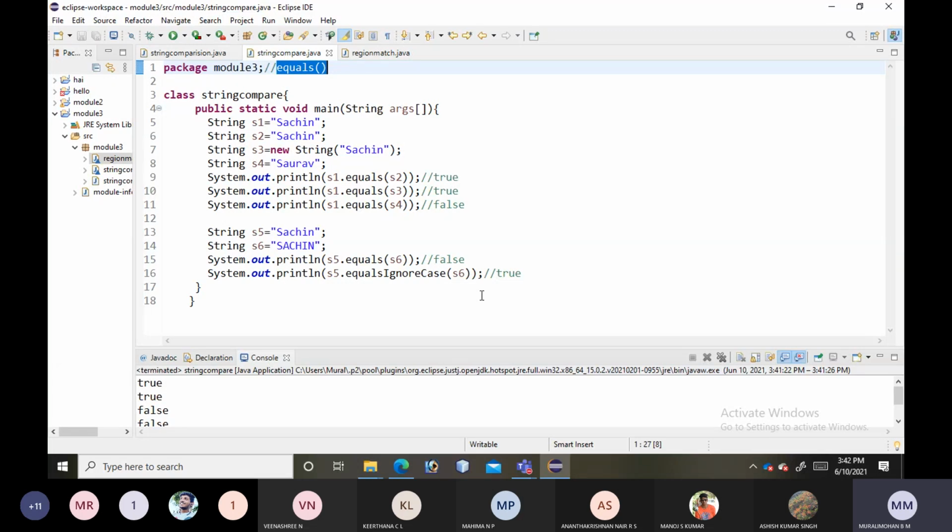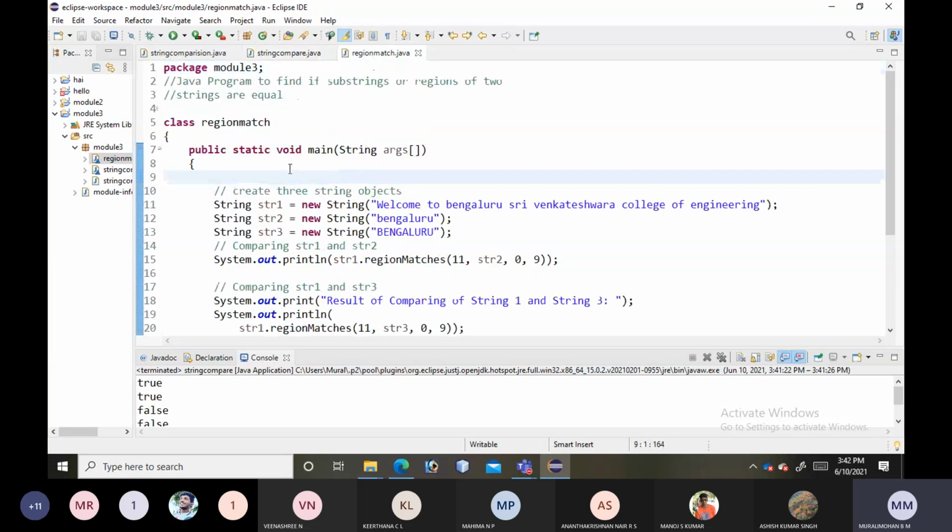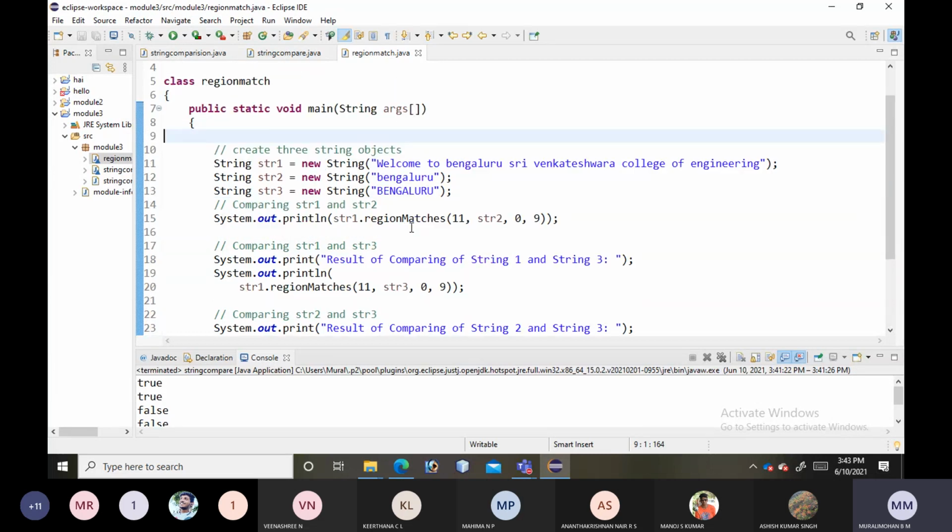Okay. So next, regionMatches we have learned, right? The regionMatches method we learned. For that we will see one example program, and we can use all those methods to compare. Just see here. We are creating one string str1.